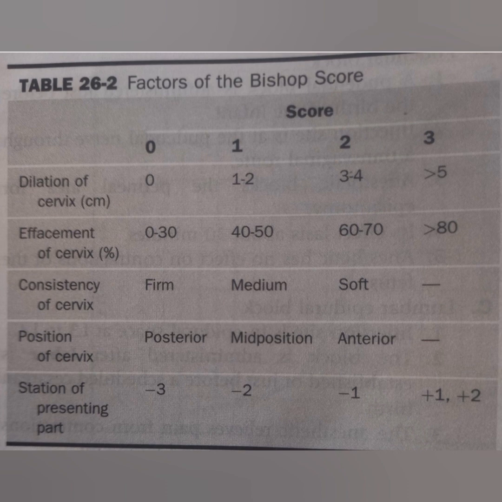In this picture we can see the position of the cervix, that is, the cervix is in posterior position, and if it came down, that is the position of the cervix we can see, and station of the presenting part. Everything we can see in Bishop scoring. These are the main factors we are checking in the Bishop scoring.